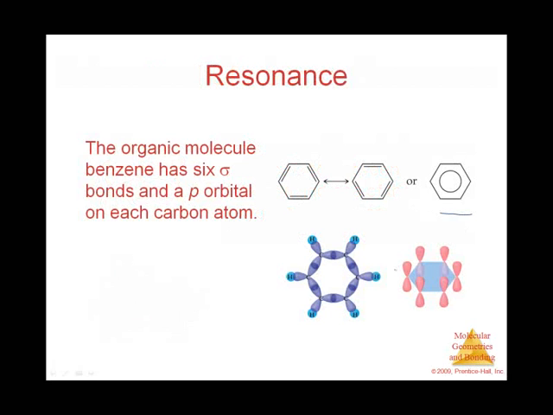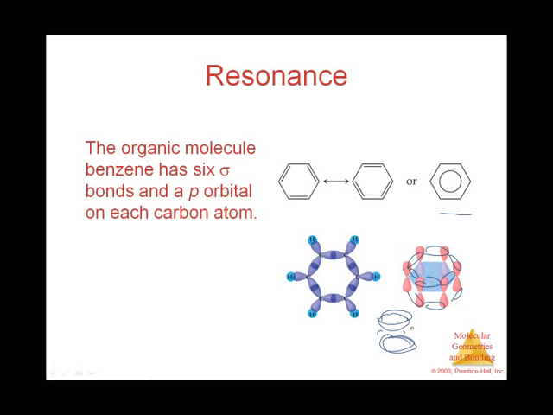But if you were to look at the hybridization, you have side to side, side to side, side to side, side to side, and side to side. On the top, you have the same thing. So in fact, you have basically 2 circles with the carbons in between, right? So you have these 2